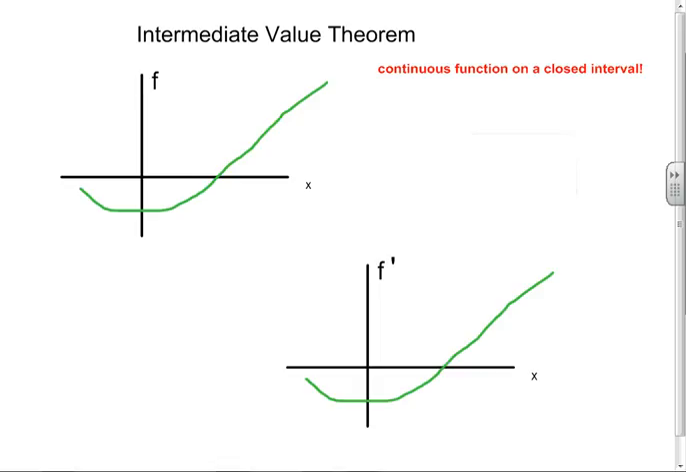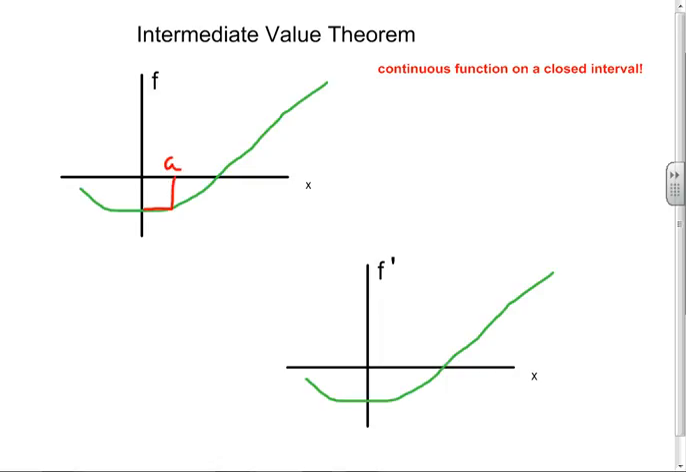We have an intermediate value theorem for derivatives and for functions, and I'm just going to refresh your memory. Now, here's the deal, guys. You have to have a continuous function on a closed interval. And all it says is if you have, like, a here,